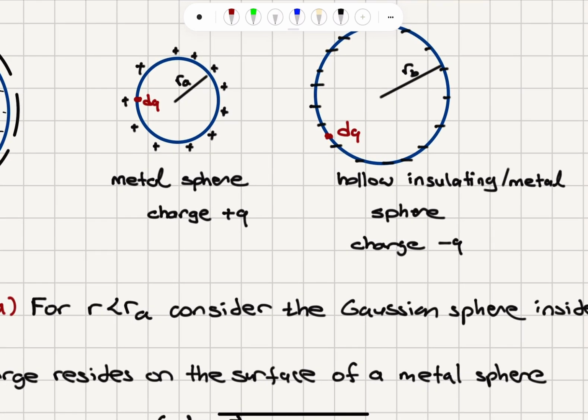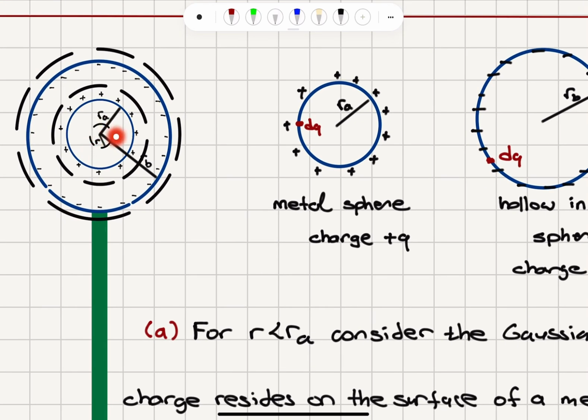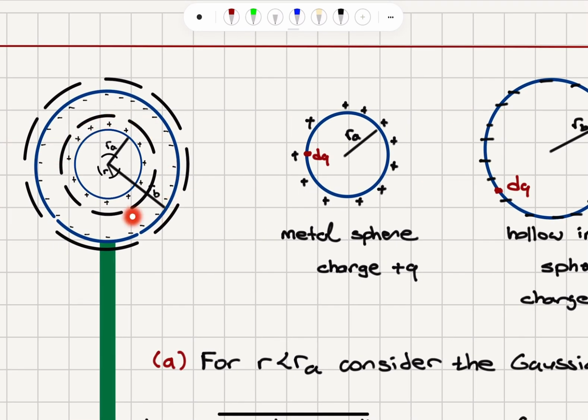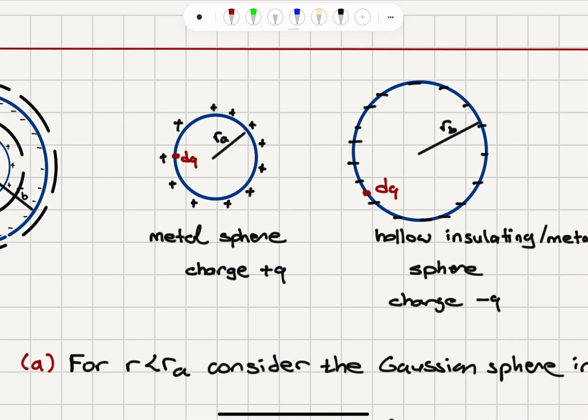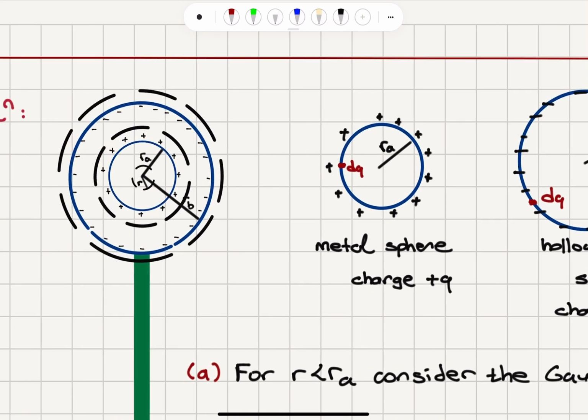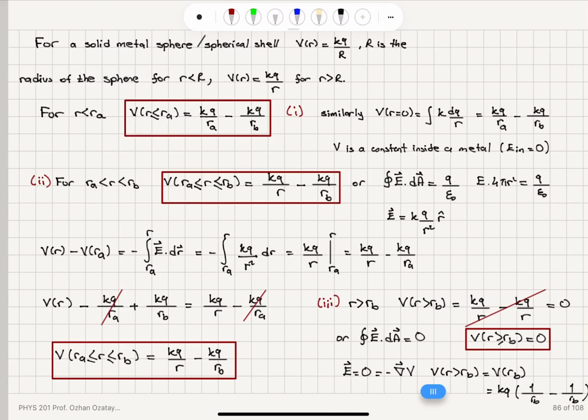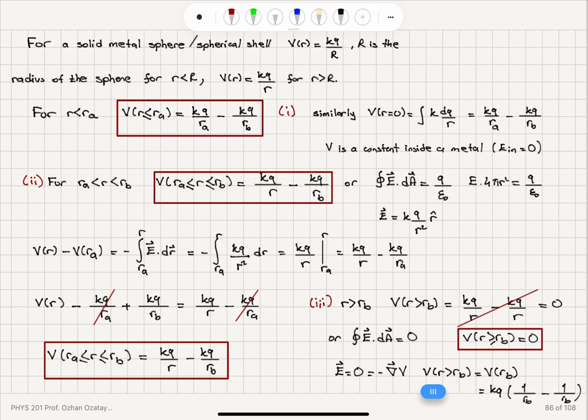Also using Gauss law, there is no charge enclosed by this spherical surface, so the electric field is 0 inside. For this spherical surface, there is charge q, so the electric field is kq over r squared in the r hat direction. And outside here, I'm going to have no charge enclosed again, so plus q and minus q. That means the electric field outside is 0. Potential is a constant, and it's equal to the potential at r equal to r sub b. And if I look at the potential difference between A and B,